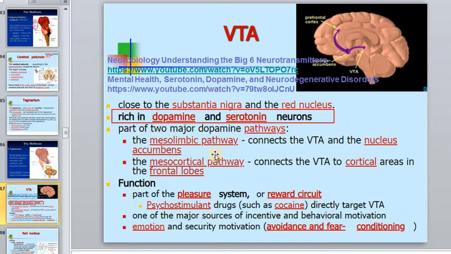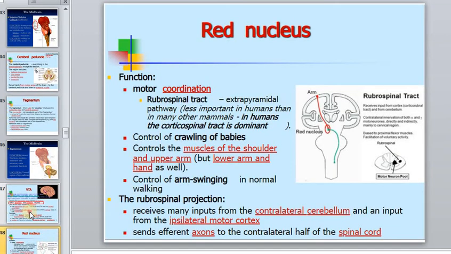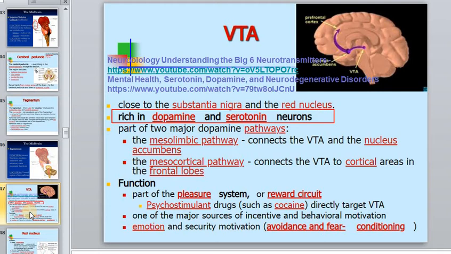It's very important, especially for humans. Sometimes these neurotransmitters are called hormones of happiness, and they function as part of the pleasure system, and stimuli like some drugs activate this region. The drugs such as cocaine, especially for humans of course, but very often we use some drugs for animals too. One of the major sources of incentive and behavioral motivation, emotion, security motivation, from the hearing conditioning,